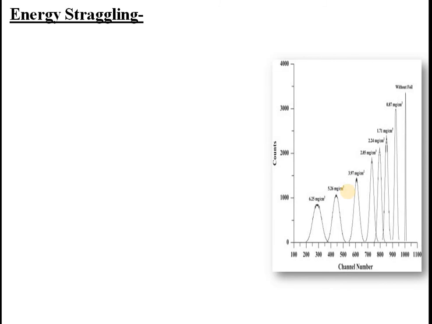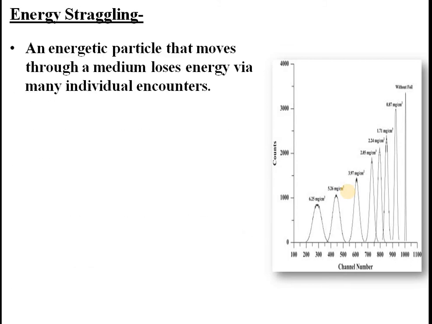So in their forward and backward journey, they may lose some amount of energy. In the forward journey they lose energy, and in the return path they also lose energy. There is a rate of change of energy because they have to penetrate through the material, so there is a delta E by delta X. This rate of change of energy may be different for different projectile particles, and that is accounted for with energy straggling. This is a statistical parameter.